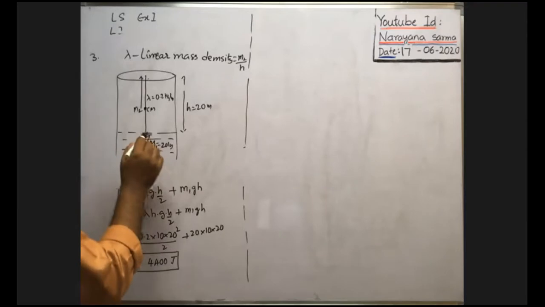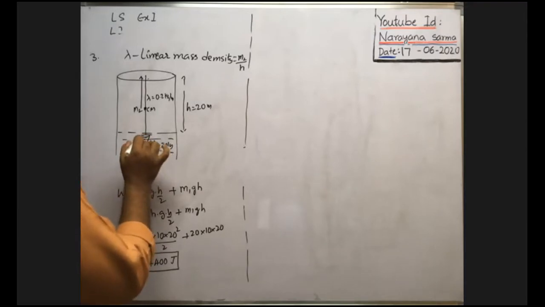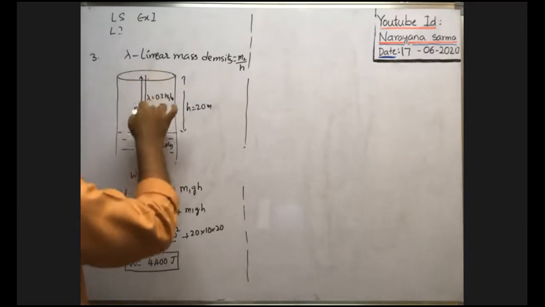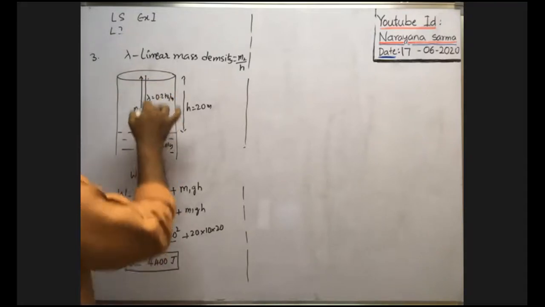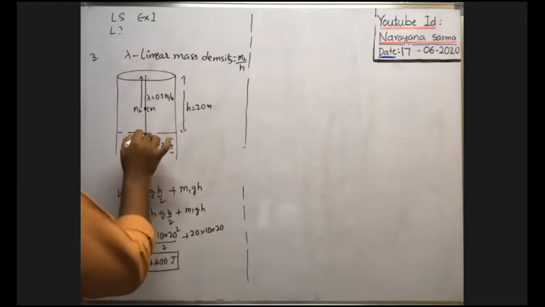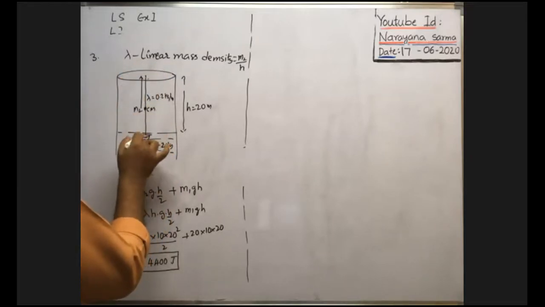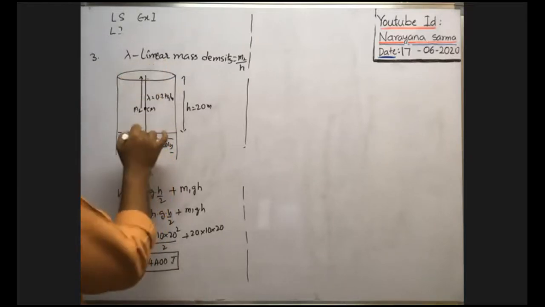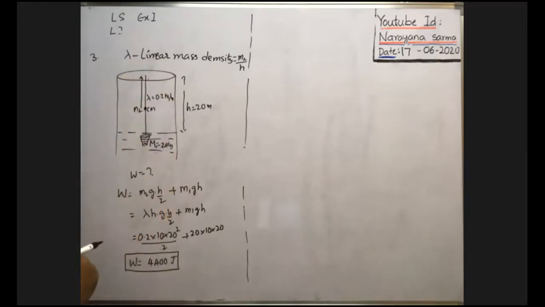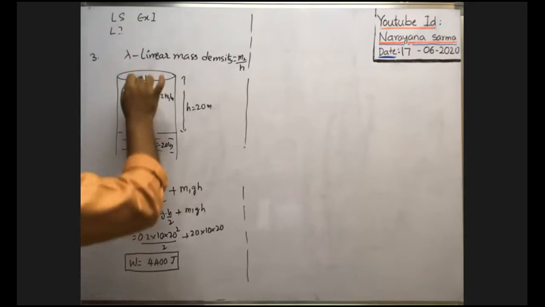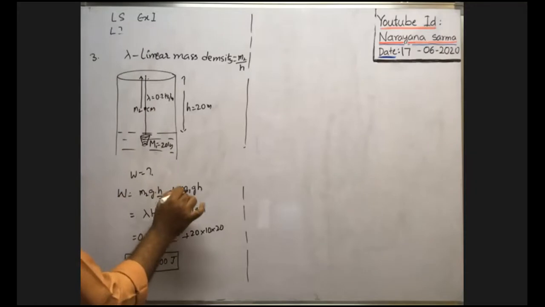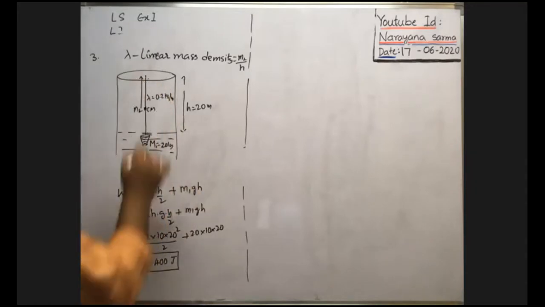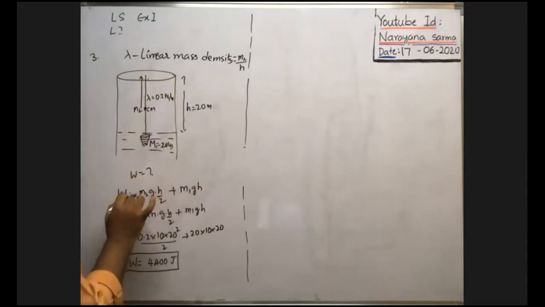Okay, so to lift the bucket with water upwards, because the rope also has some weight, we have to pull the rope upward to the top of the well, and simultaneously, of course, the bucket will also be lifted to the top of the well. So what is the total work done? Work done to lift the rope to the top of the well, plus work done to lift the bucket to the top of the well. Suppose 2 ropes are there, then we have to write into 2.